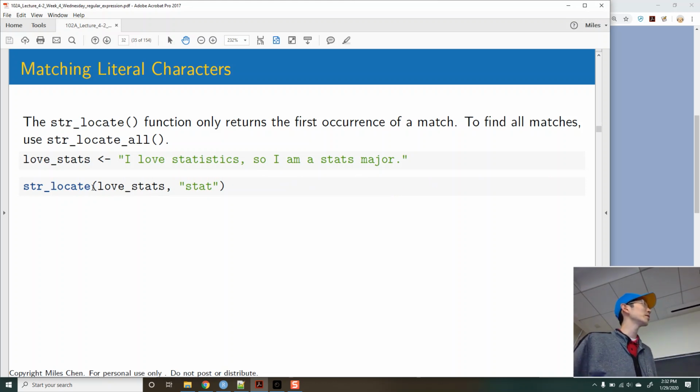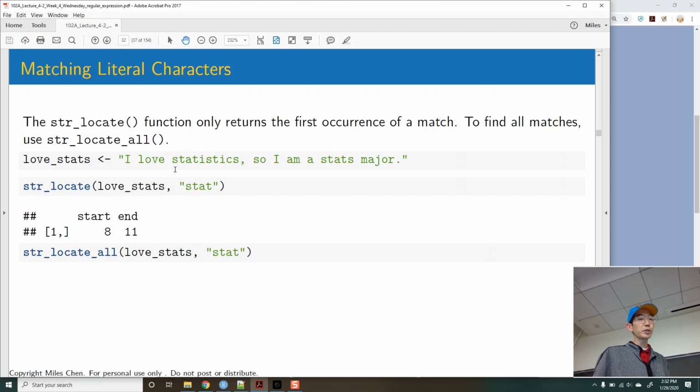And so we've got str_locate, and we're going to search for the string "stat" in this string. str_locate will only find the first instance. So it says it starts at the 8th character, ends at the 11th, and we can verify: 1, 2, 3, 4, 5, 6, 7, 8. Indeed, 8th character ends at the 11th. str_locate_all